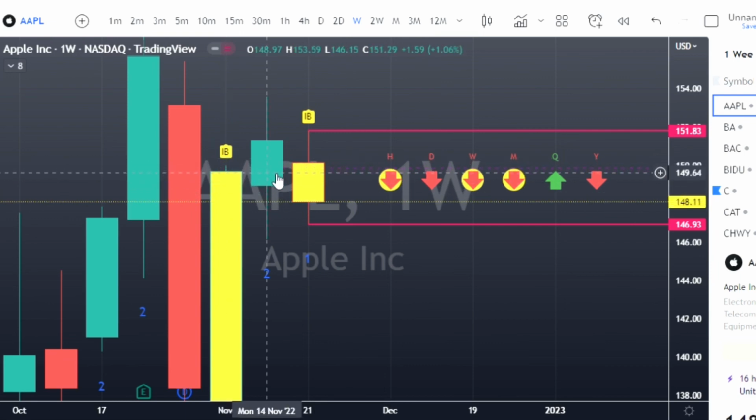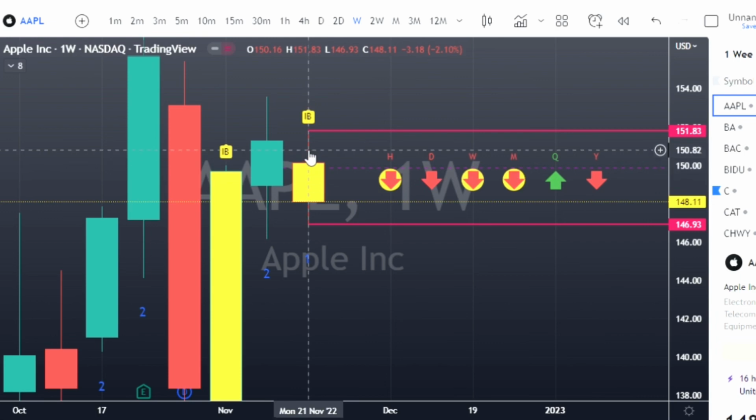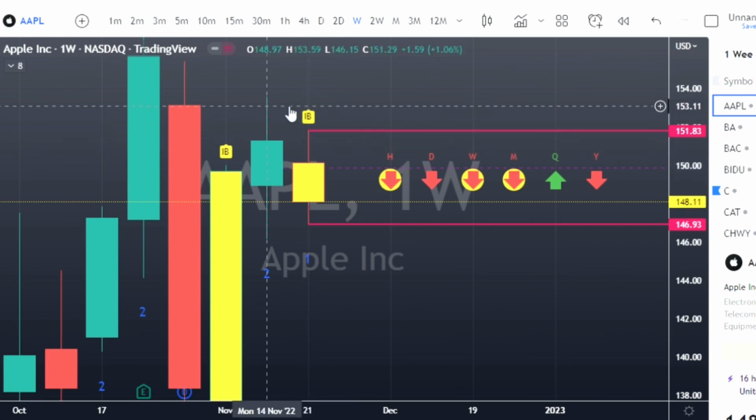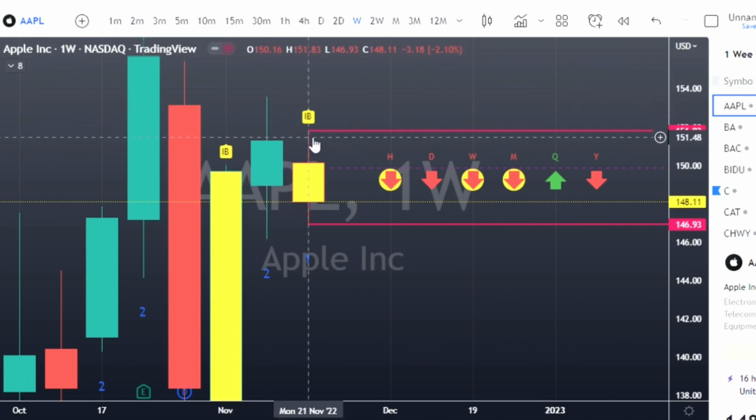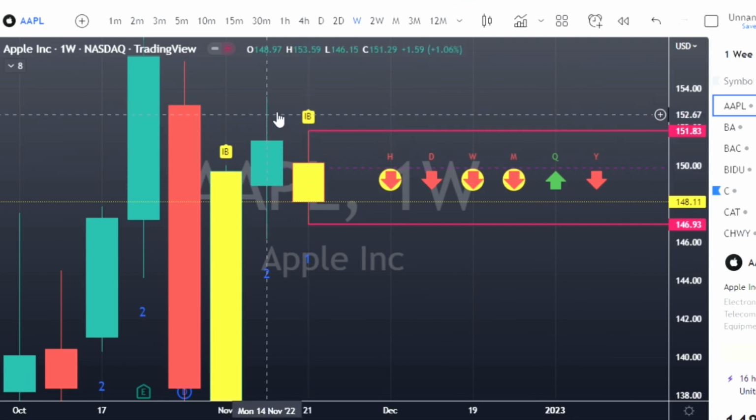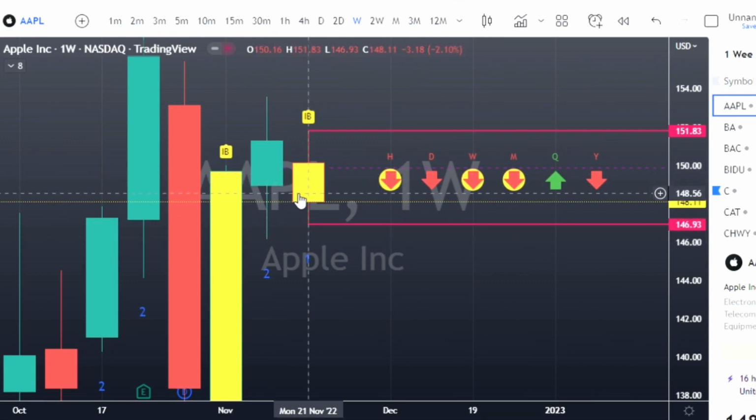Now, the inside bar is very important, and I always tell people, if you're struggling with trading or you're new or you're trying to figure stuff out, concentrate on the inside bars. So inside bars, or 1 bars, they don't break the high and they do not break the low. They stay within the range of the previous candle, and it's true on all time frames. It's a consolidating range, a tightening range, and when you see those yellow bars, I want you to think of a spring becoming tightened, compacted, loaded, or compressed.